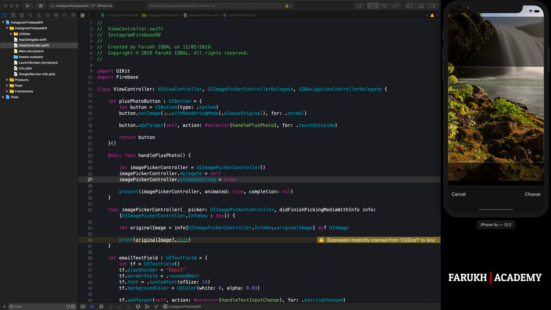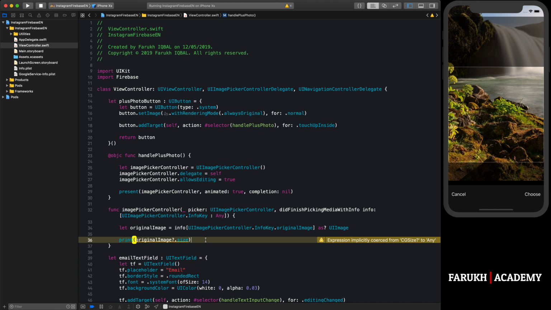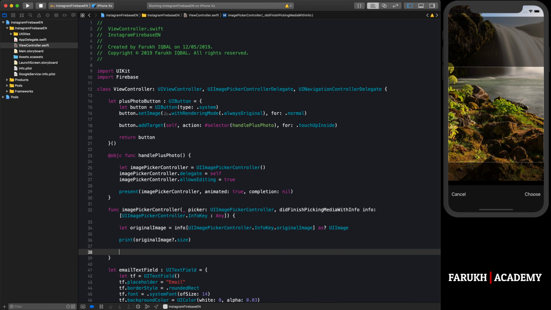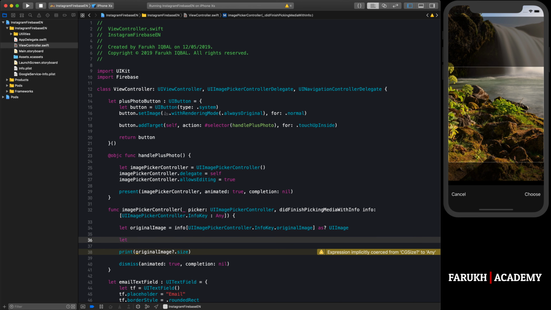Okay, cool. Then you can choose the image when it's edited, and to dismiss this view we have to write it manually. So what you can say here is dismiss, animated true, and completion nil. Okay, cool. But then if you want to rather use your edited image,